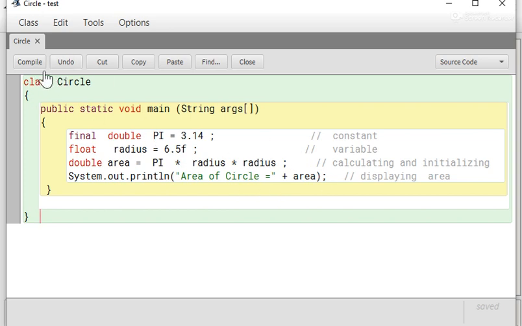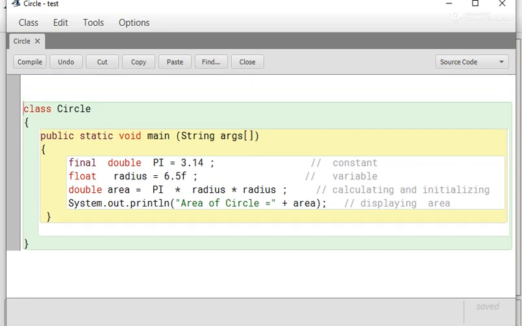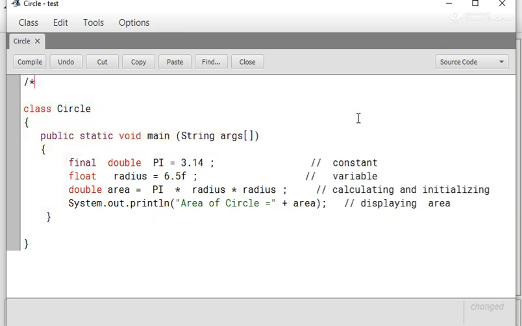First we can write the documentation comment on the first line like this using slash star. Suppose this is my first program.